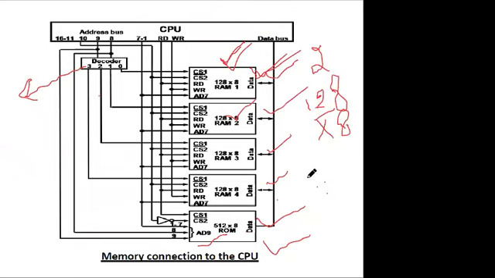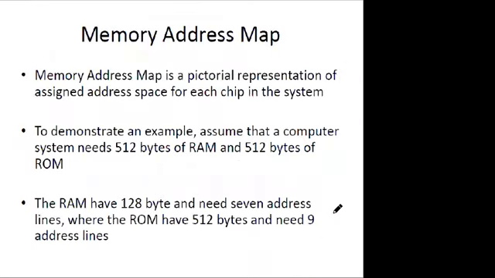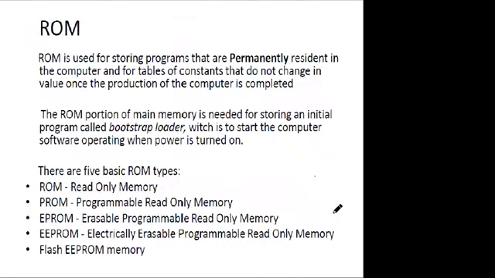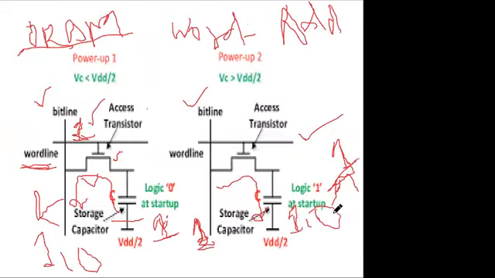This has to be elaborated again: the capacity of the memory is represented by a single memory cell. Capacity can be represented by 2 raised to the power m into n. We have already discussed the working of a static RAM and dynamic RAM, and how we perform read and write operations. We saw how read and write operations are performed on a single static RAM cell, and on a dynamic RAM cell.